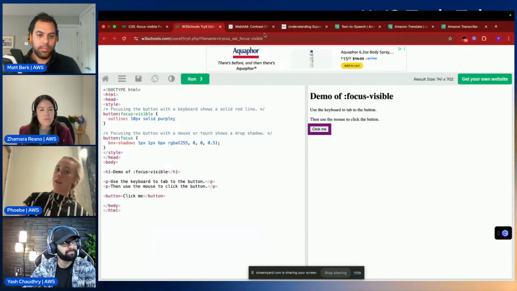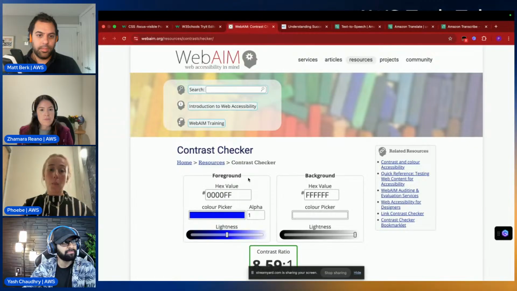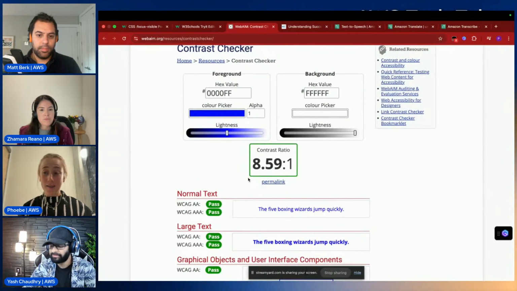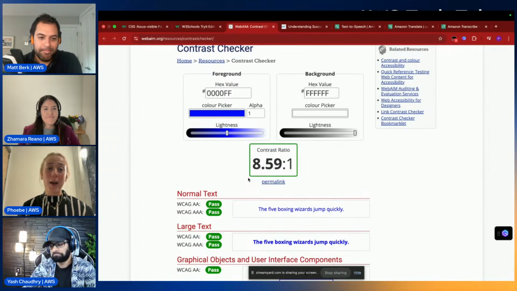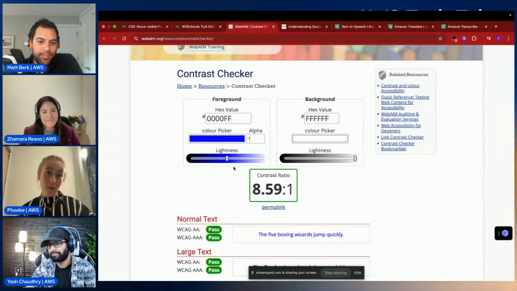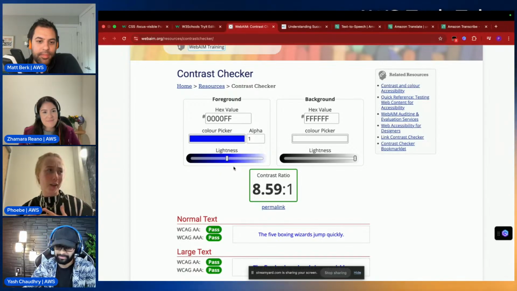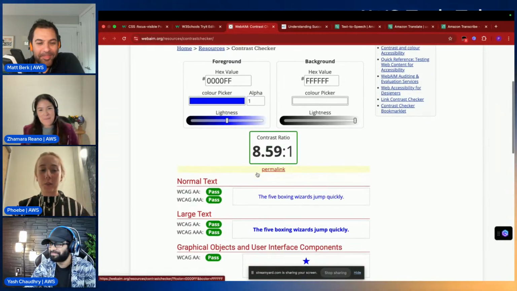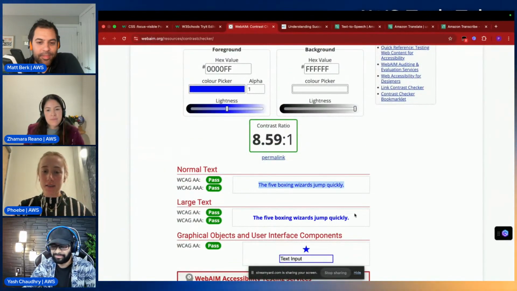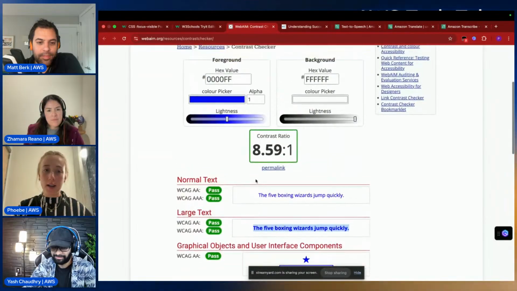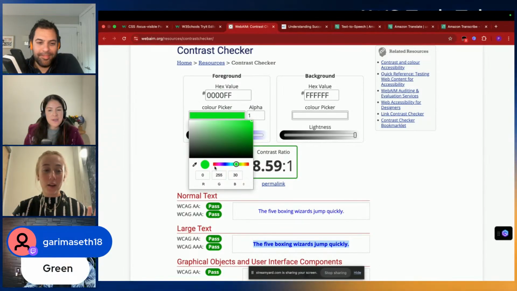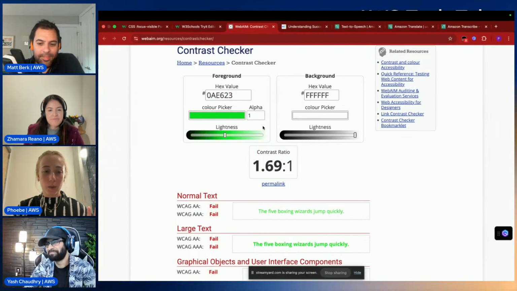So let's move on a little bit as well for those in the audience that might be colorblind, or just as you get older, right? Things are harder to see, unfortunately. But with our wonderful contrast checker, my goodness, it's a tongue twister. Anyway, you see we have this ratio, right? And based on this text, you can see it pretty well, right? So, all right, chat, what color do we want? Do we want to go green, neon? Yeah, I had green previously. Okay, awesome. So we'll go green.